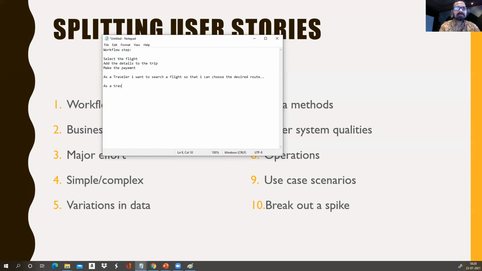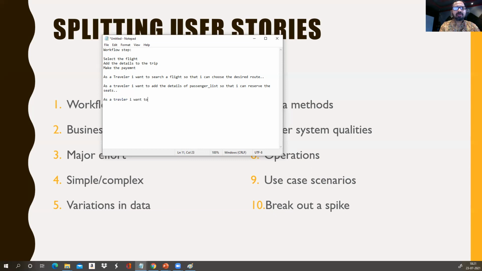As a traveler, I want to add the details of passengers or passenger list so that I can reserve the seats.